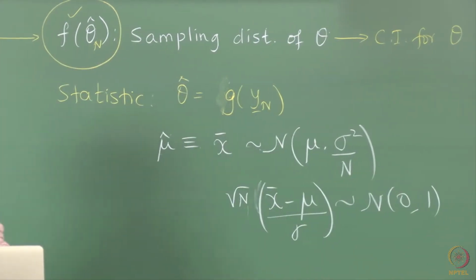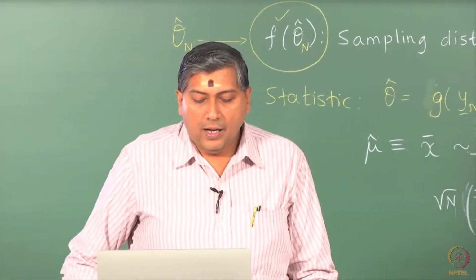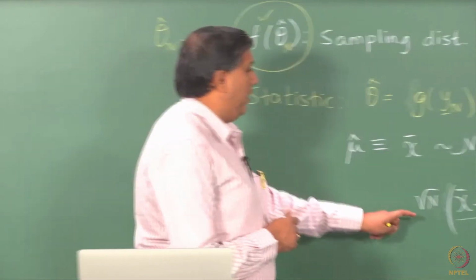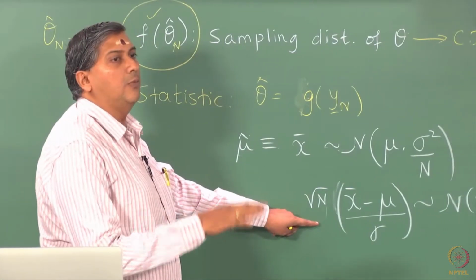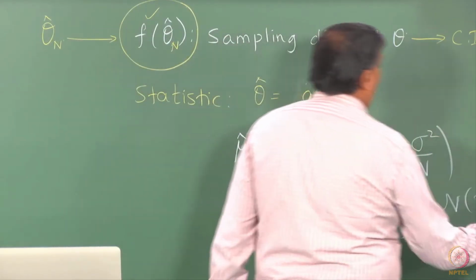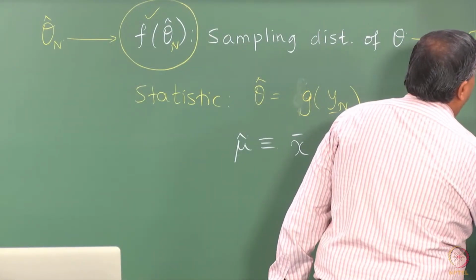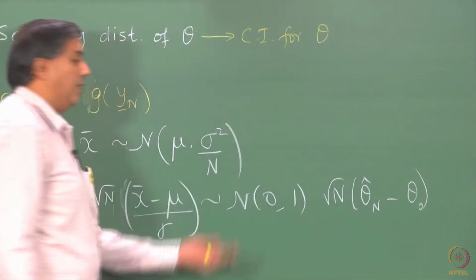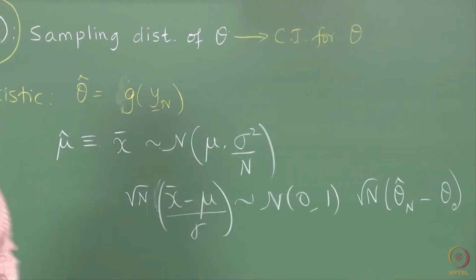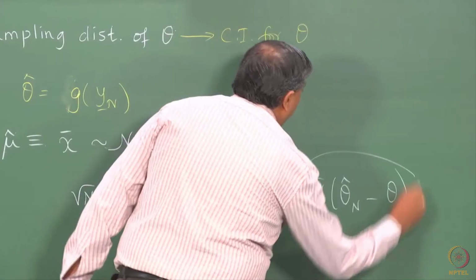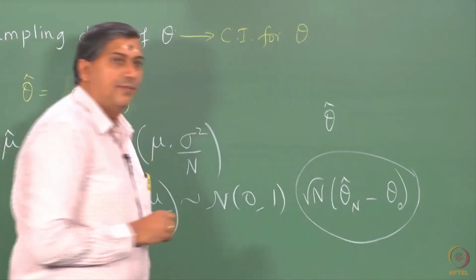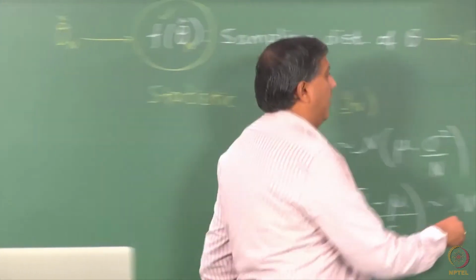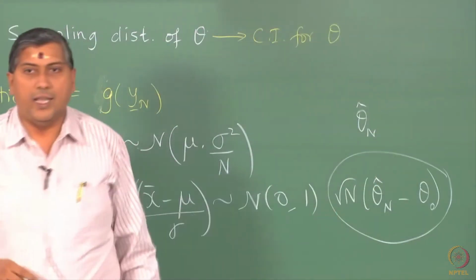Sigma here is the variability of the process, and that is a very important point to observe. That is, normally statements on distribution are in terms of root n times, for example, you would find in general root n times (theta hat n minus theta naught, or theta). Distribution statements are made for this quantity rather than theta hat. Although we keep saying that we want f of theta hat, this is the case,